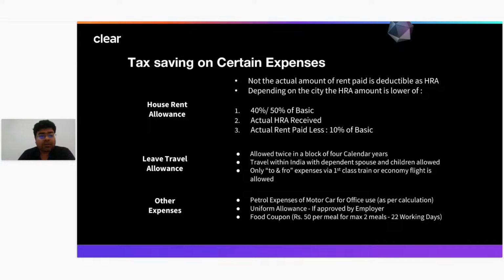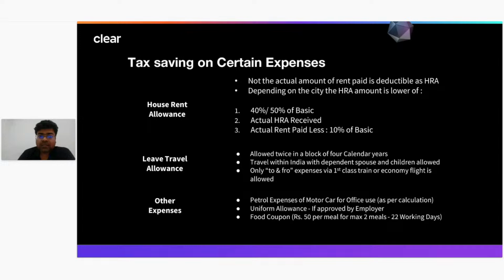However, there are certain conditions we must keep in mind before claiming house rent allowance. First and foremost, your salary must have an allowance as house rent allowance or HRA embedded in it. If HRA is not a part of your pay package, then house rent allowance cannot be claimed. Second point is